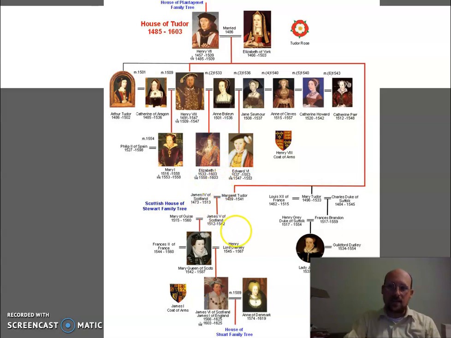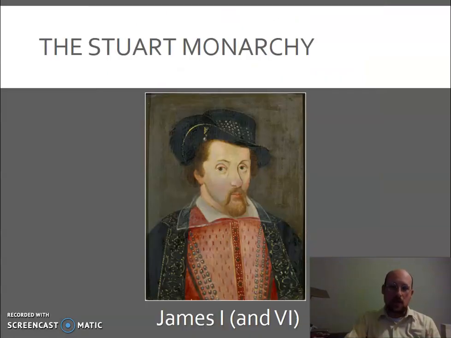When Elizabeth dies in 1603, she doesn't have any immediate successor because she never married, so she had no children. So the throne goes, and you follow this red line here, all the way to her somewhat distant cousin, James, who was already king of Scotland. So James gets called down from Scotland, where he's already King James VI. Now he takes the title of King James I of England, and he is the first monarch of the Stuart dynasty.